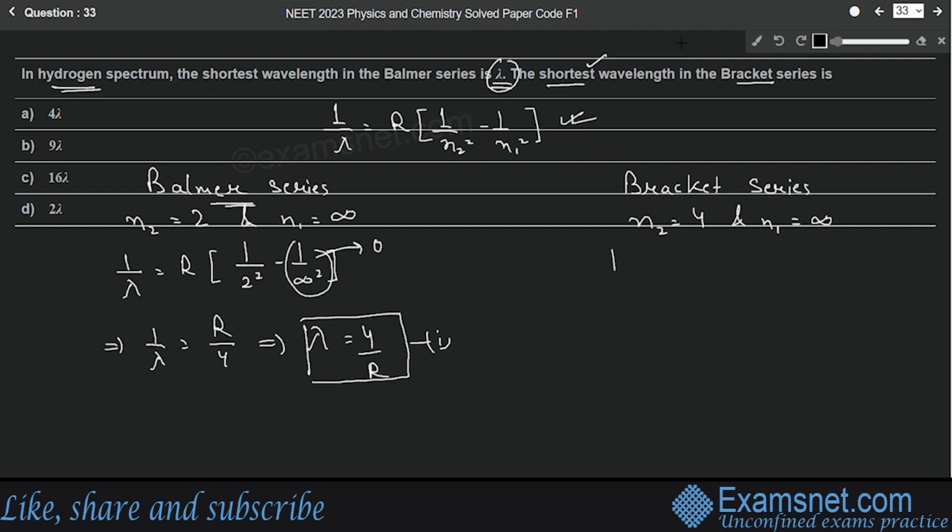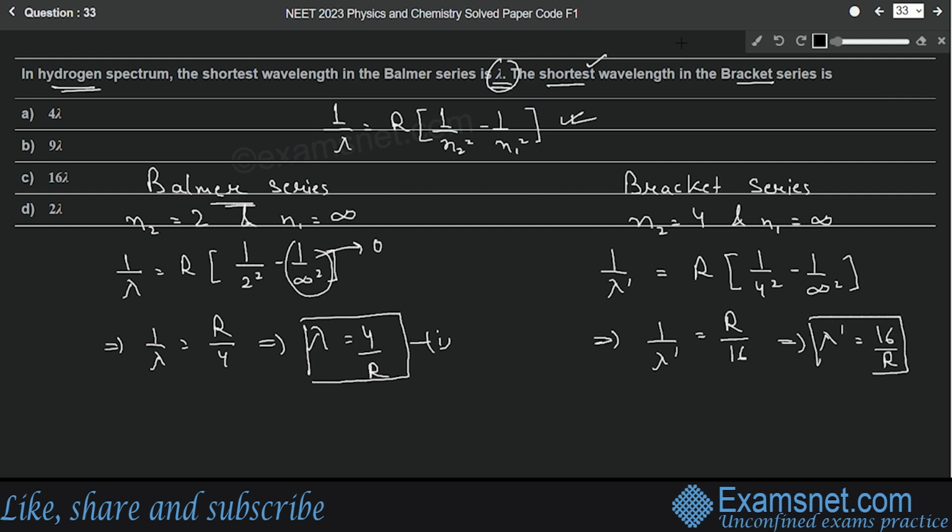Similarly for Brackett series, let's assume that the wavelength in this case is lambda dash. So 1 by lambda dash is equal to R into bracket 1 by 4 square minus 1 by infinity square. So this time 1 by lambda dash will be equal to R by 16. So from here we can say that lambda dash is equal to 16 by R, right? Let's assume this is equation number 2. So we have to find out the value of lambda dash in terms of lambda. So on dividing equation 1 by equation 2, we'll get